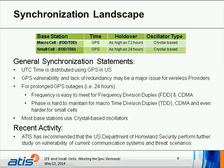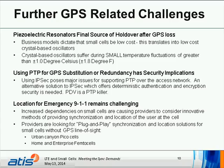Some recent activity I want to point out is ATIS has recommended that the United States Department of Homeland Security perform further study on vulnerability of current communication systems and threat scenarios. And finally, we'll review here the